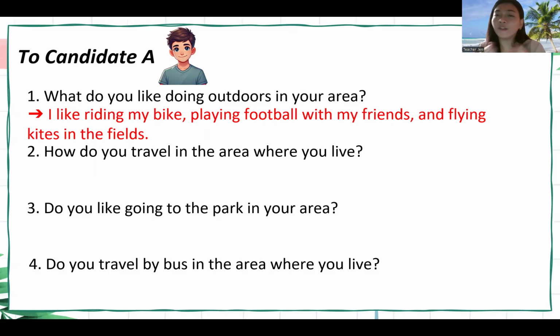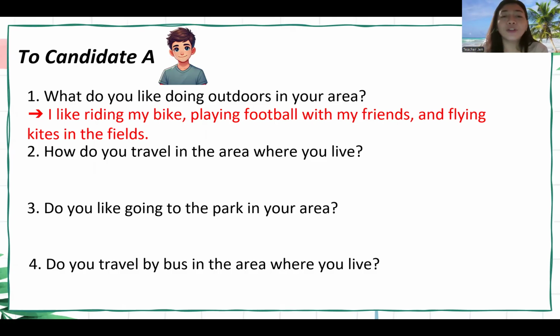You always give feedback. Okay, very good. That's great. But always correct, for example, if the sentences or the grammar is wrong. So we need to guide like that, especially if the students are not really good. I like riding my bike. Do you know how to ride a bike? Yes, that's good. So you should say, I like riding my bike, playing football, just like that. Help more with the lower level student, but for those who are good, it's better.